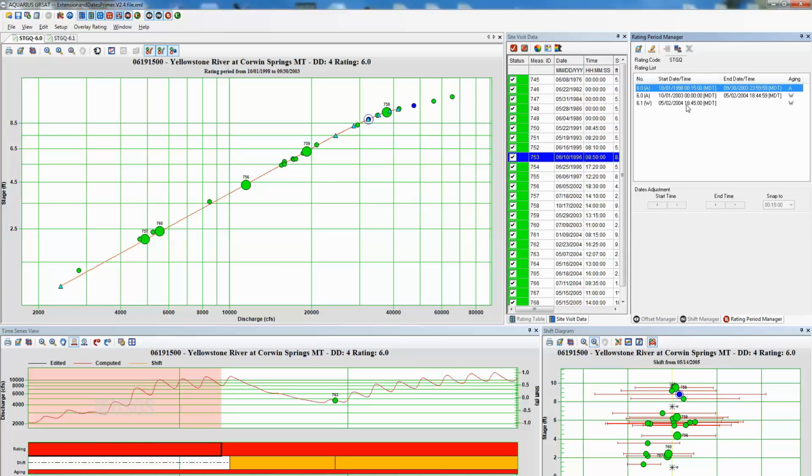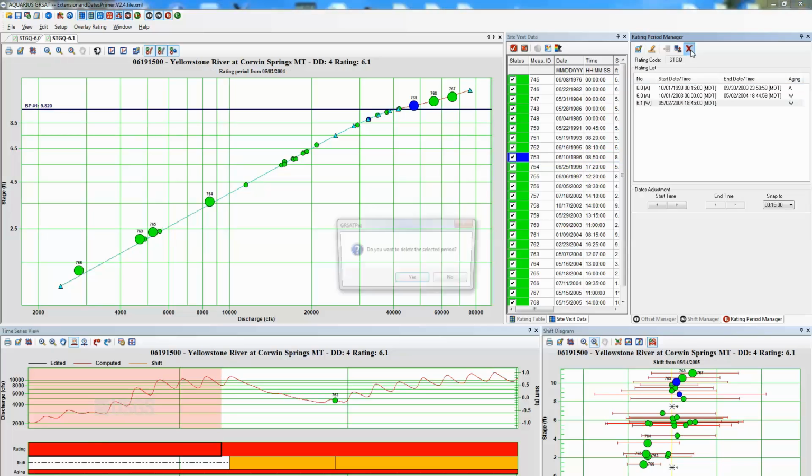Also in the Rating Period Manager, if you don't like the rating, you can delete it, but why would we do that? We just worked so hard on getting this thing to plot at the upper end. And lastly, if we haven't found enough ways to fill in rating gaps, this